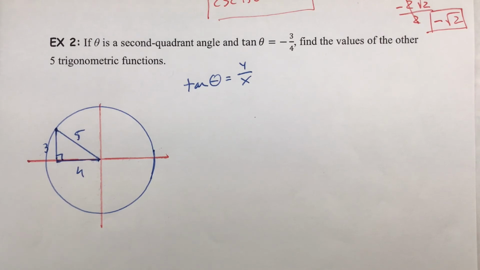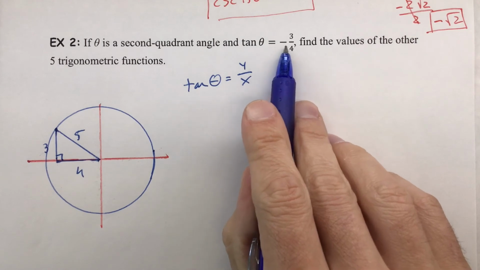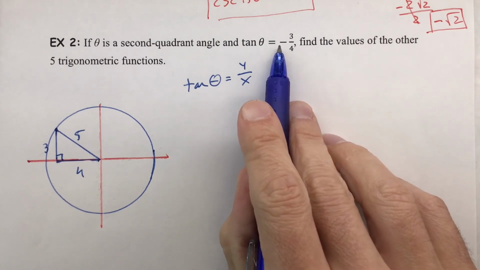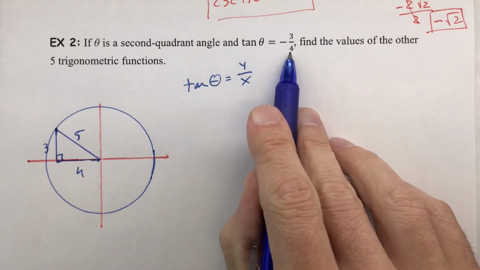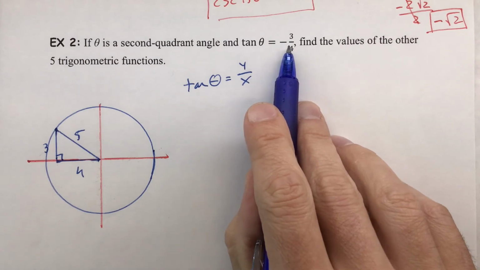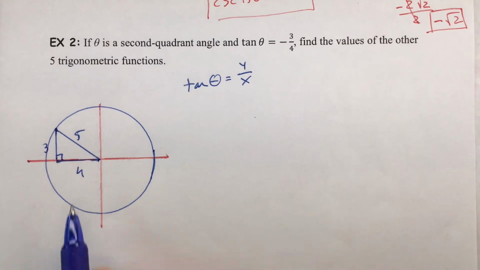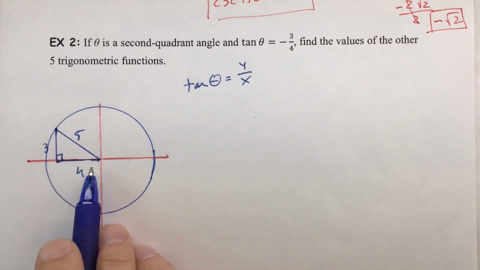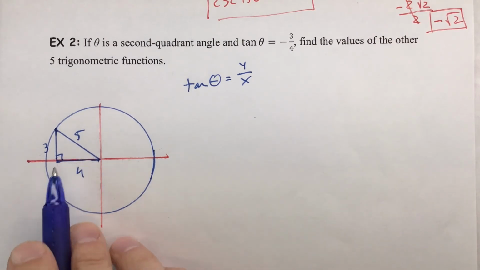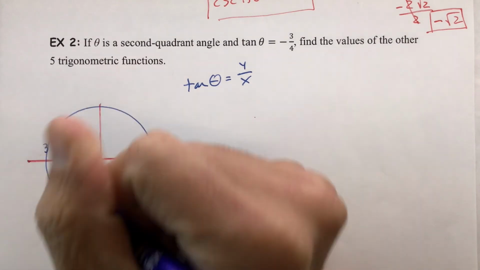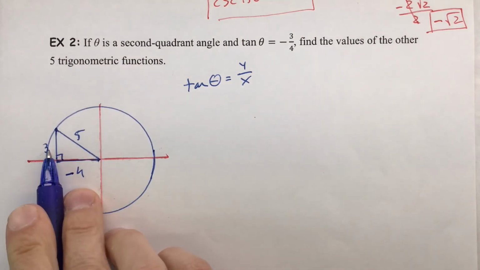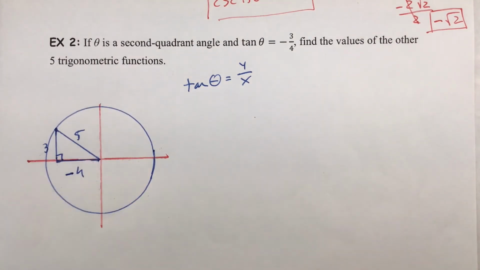All right, there's one other thing here. That negative that we have. Okay, so that negative either needs to go to the 3 or the 4. It can't go to both of them. If it went to both of them, it would have canceled out. Okay, so it either goes to the 3 or the 4. Because we're in quadrant 2, it's going to go to the x value, that left movement that we have. Okay, so we actually have a negative 4, we got a positive 3, and then the radius, we always treat that as a positive. All right, now with all that labeled,